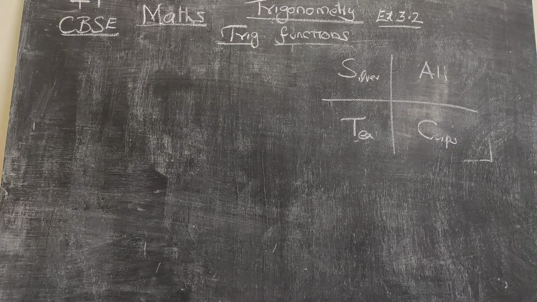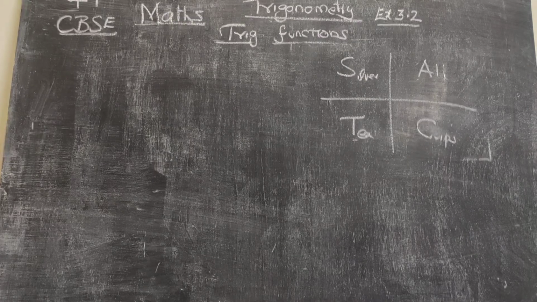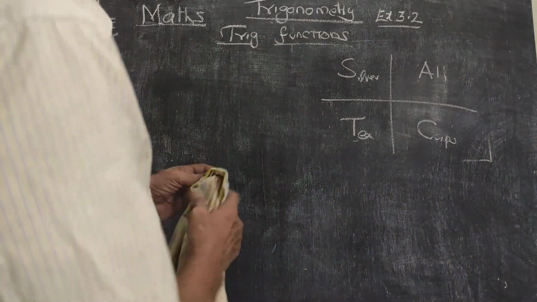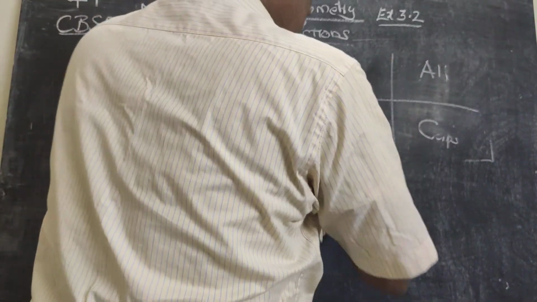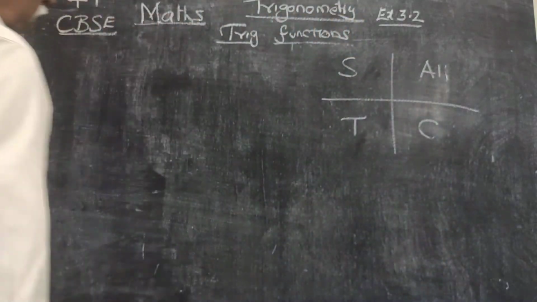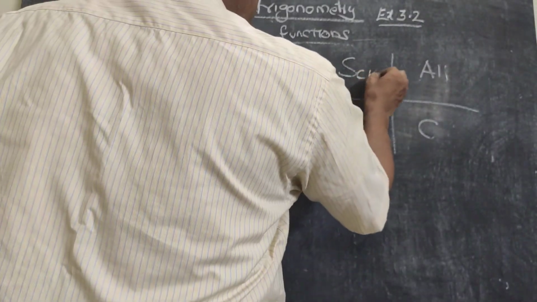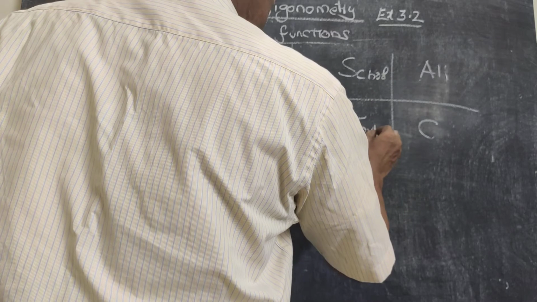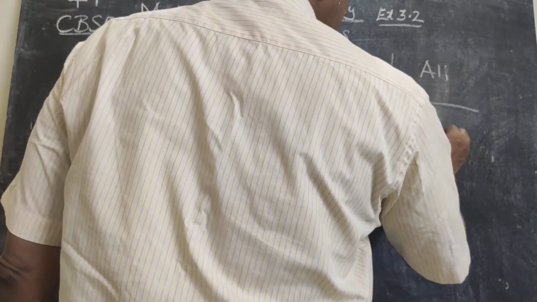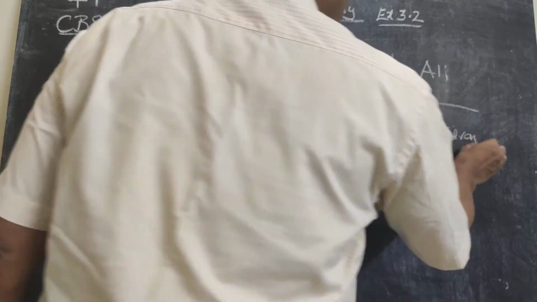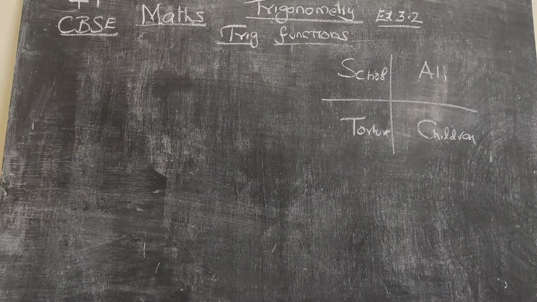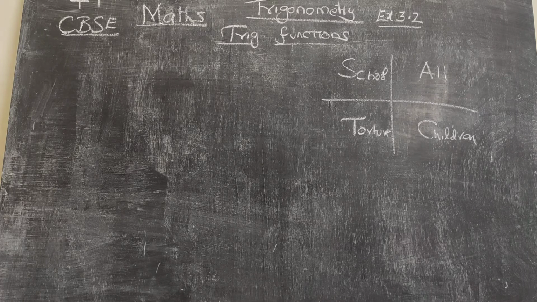But in my course of teaching, I learned from a student that instead of all silver teacups, which is a very old one, there's another that can be easily remembered, and interestingly, all school torture children by giving assignments, tests, parent teacher meetings, etc., etc. So it is up to you to remember either all silver teacups or all school torture children.